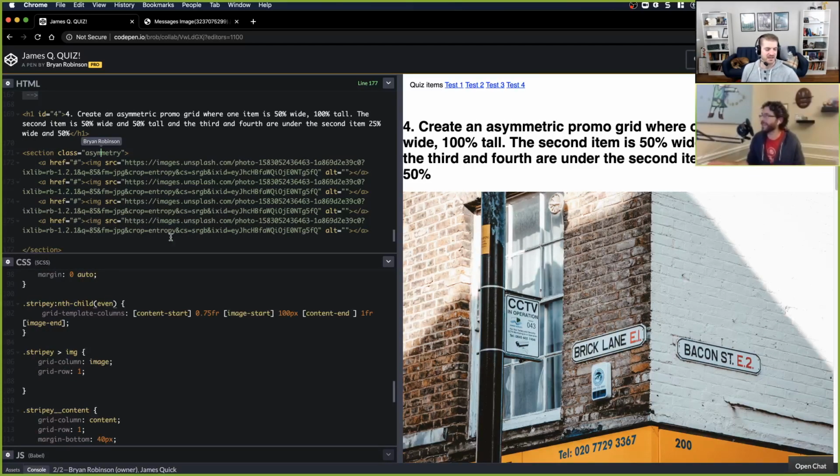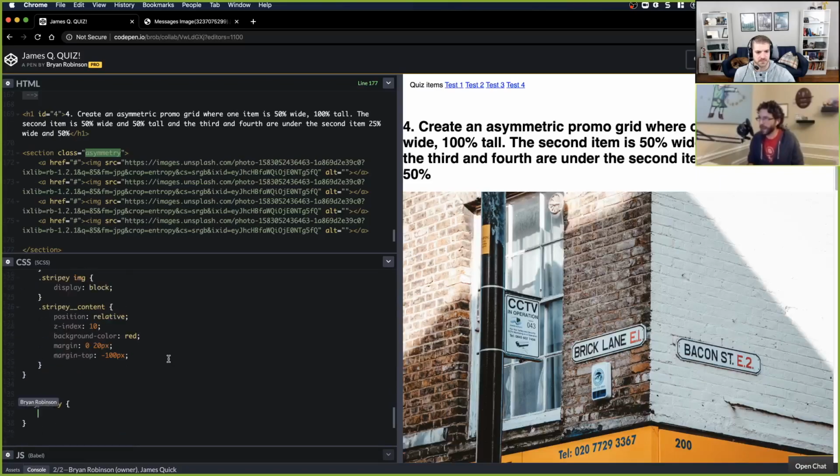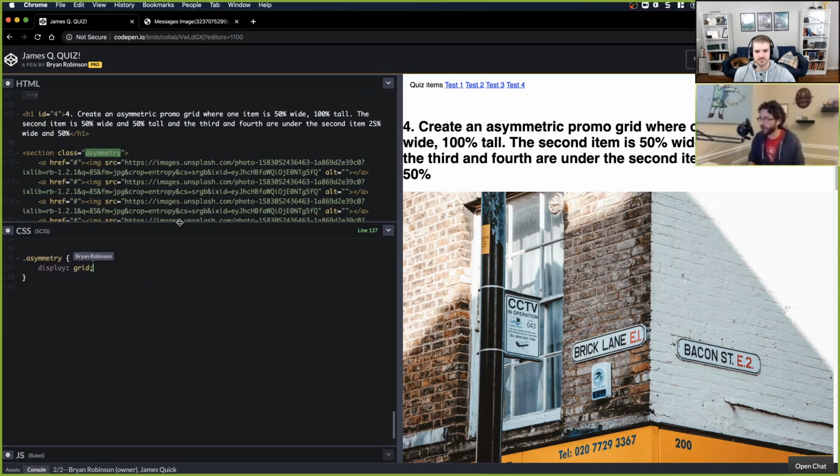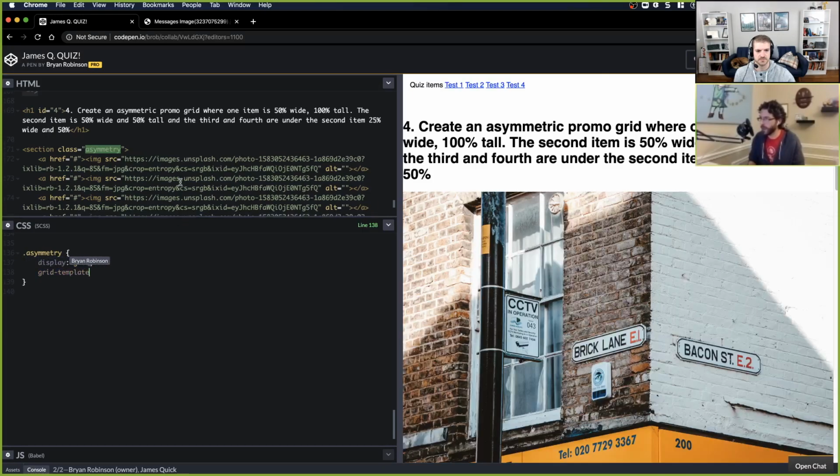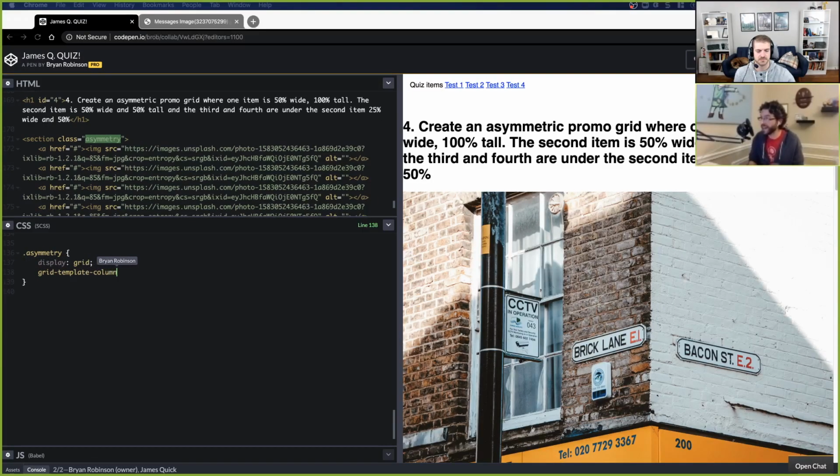All right. Let's see. So we have a class of asymmetry, right? And then inside that we have anchors, but we don't really need to worry about those anchors quite yet. We have an asymmetric grid. So we're going to say this is display grid, and then grid template columns is where we're going to find out our columns. Actually, I have a new way of doing this that I like. So let's introduce the idea of a full grid template. This matches up the syntactic sugar of grid template areas, which you were talking about, James, alongside the actual grid definition all at the same time.